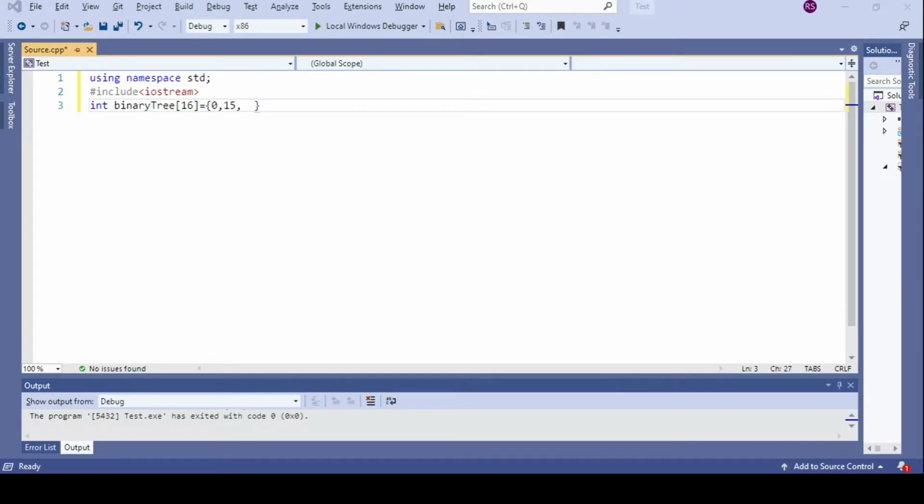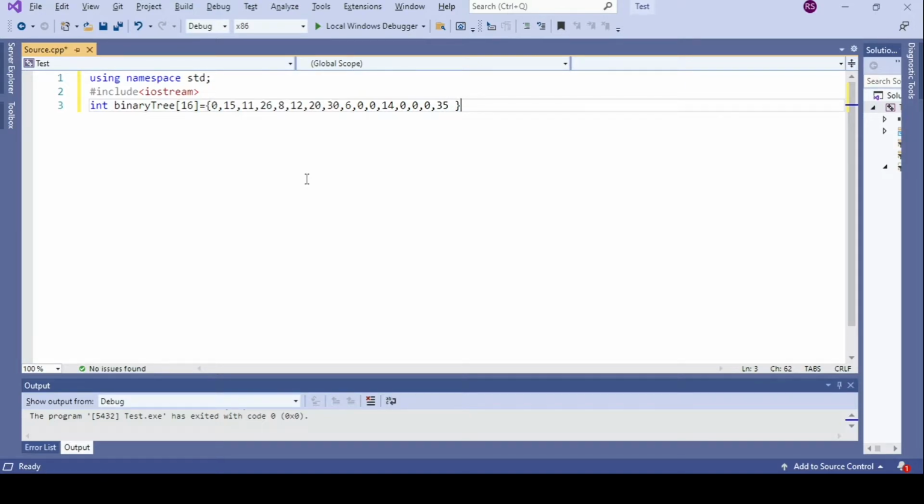So 15, and then 11, after that 26, 8, 12, 20, 30, 6, 0, 0, 14, 0, 35.